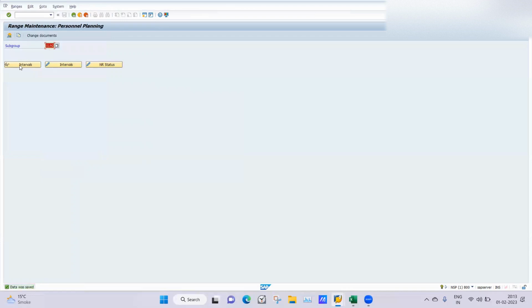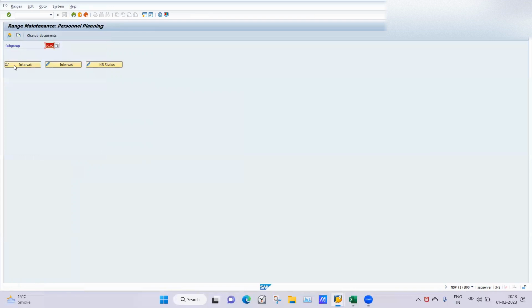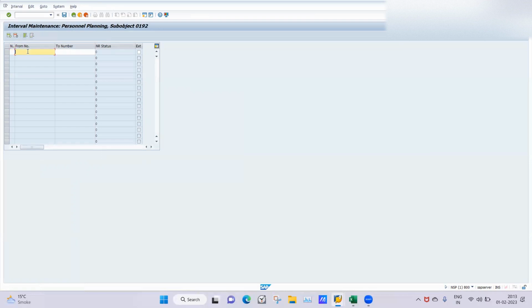After saving it, it will give the subgroup number. Then I will click on intervals. Here it is directly. Since no interval is assigned, it is showing blank data. If I click on the pencil icon, here if I want to give the range as